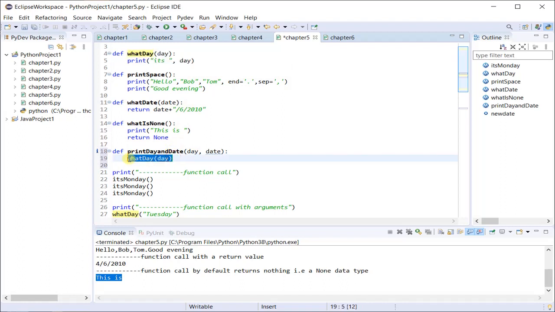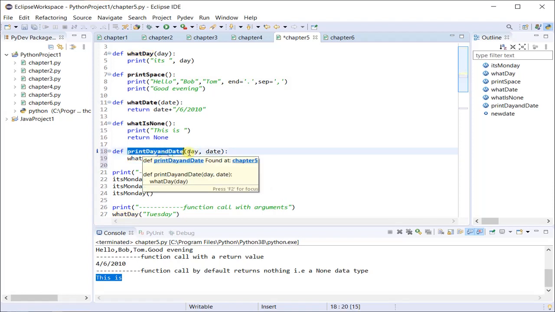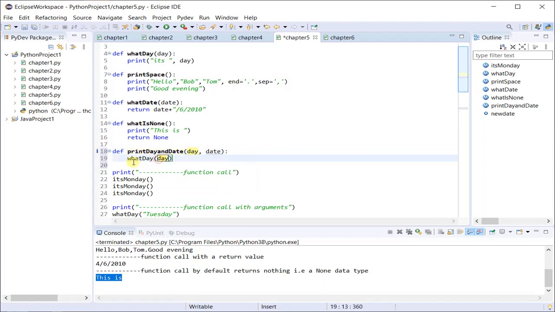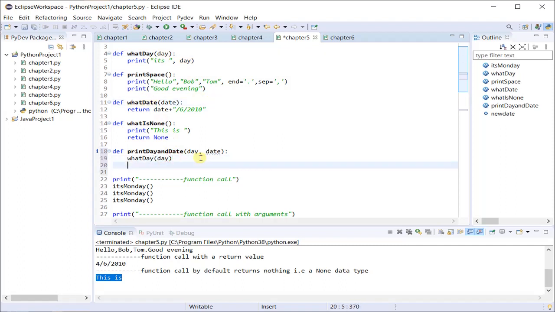So I called that function inside a function, and the input provided to my parent function, print day and date, I provided to what day, because it is expecting an input here. Next I will call this function what date, which expects an input called date. So the input provided to the parent function, I will provide to this sub function what date.